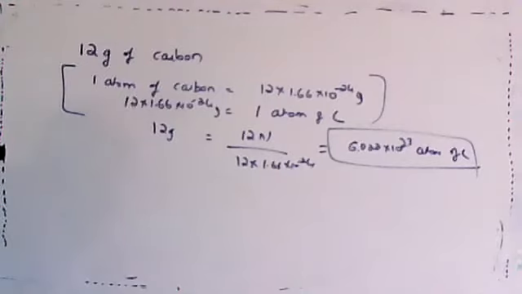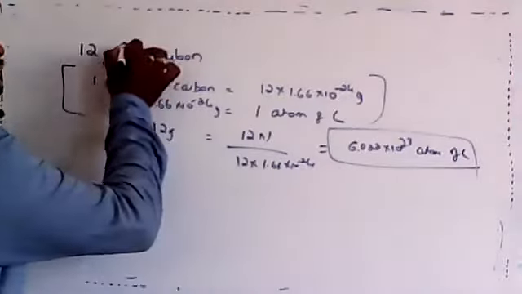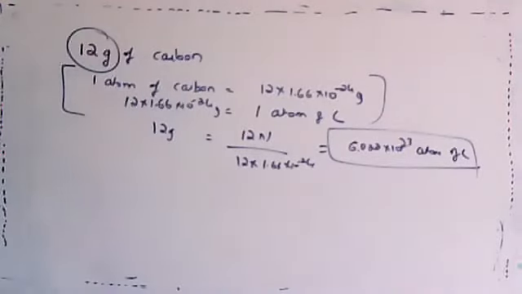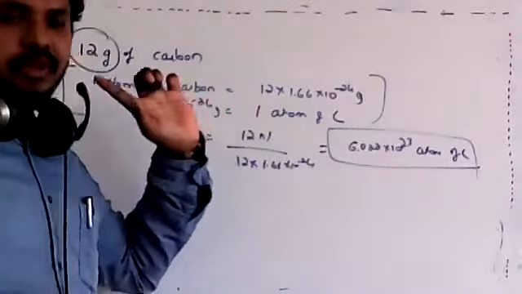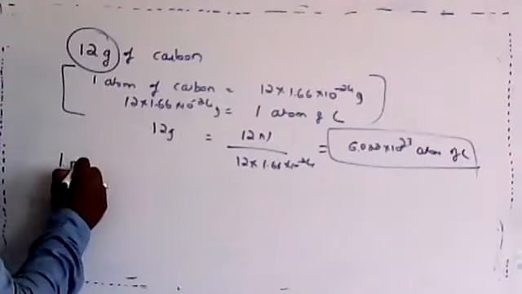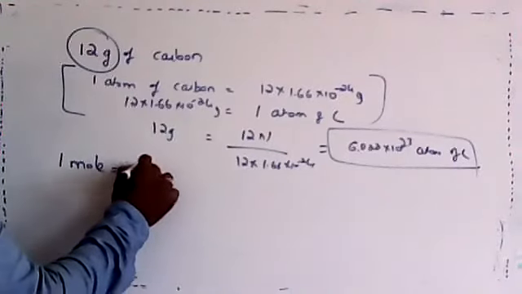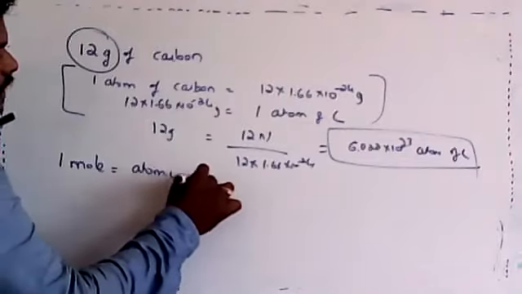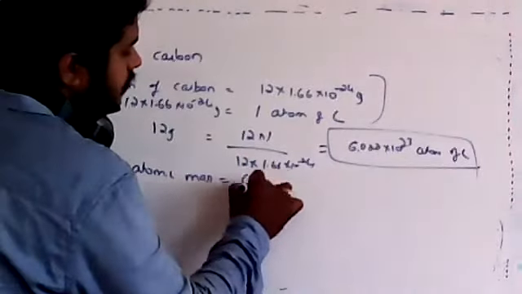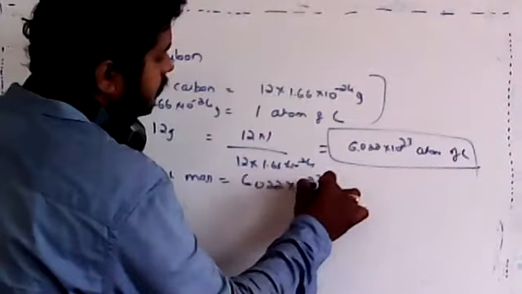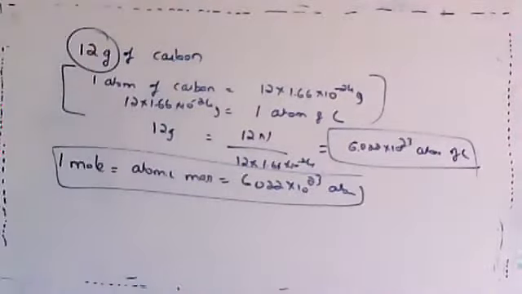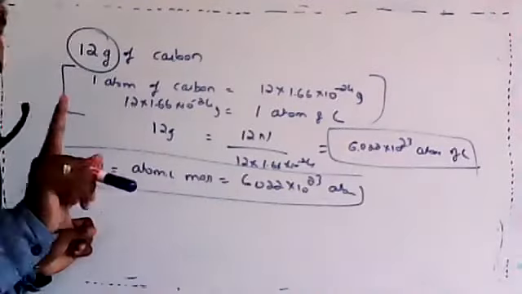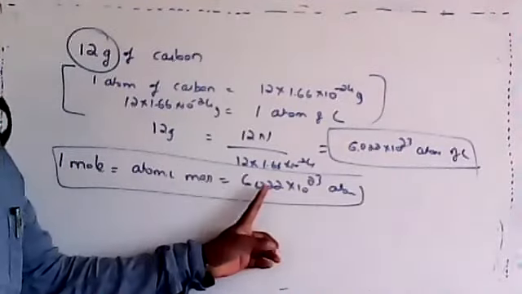Why this number is important here is, when you take any atom to its atomic mass, that will come out to be this number. We call that 1 mole. 1 mole is always equal to the atomic mass of the atom in grams, which contains 6.022 into 10 to the power 23 atoms or molecules, depending on what you have taken. So based on this, you have to calculate the given thing. If I give you 1 mole, it will contain this many atoms.